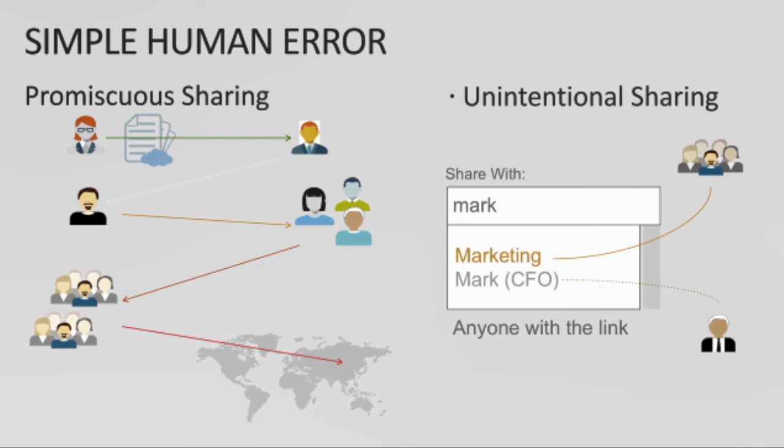When we first deployed SharePoint company-wide, we didn't give our users any training on how to use it. We didn't train them on the five modes of sharing on SharePoint. We just said, hey, SharePoint is available now, you can go use it. The problem with that is users make mistakes all the time, even though there are so many checks and balances